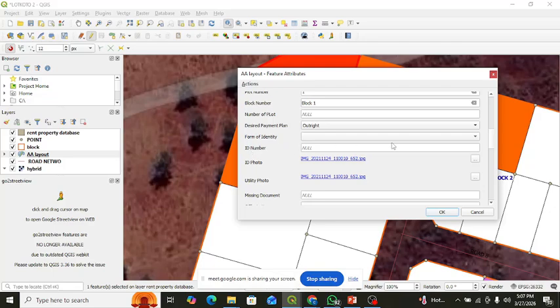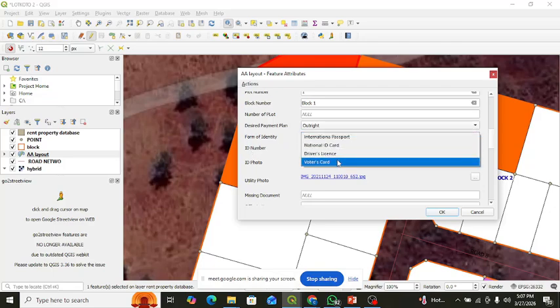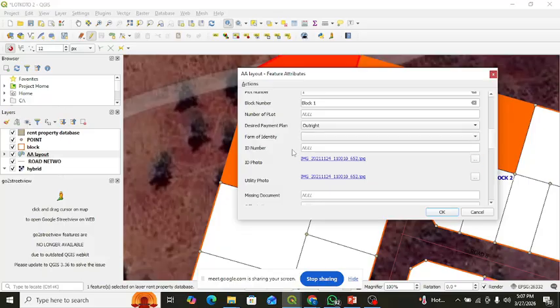Form of identity, like which identity card are you using? Is it a national ID card or driver license? The identity ID number, the ID photo. You can upload the photo here. For example, if I click this particular photo, it will display the photo that you have